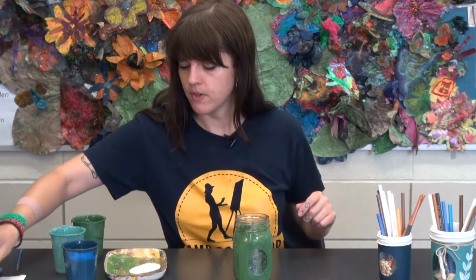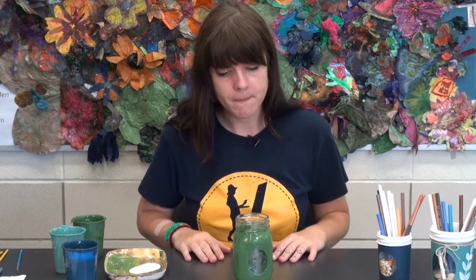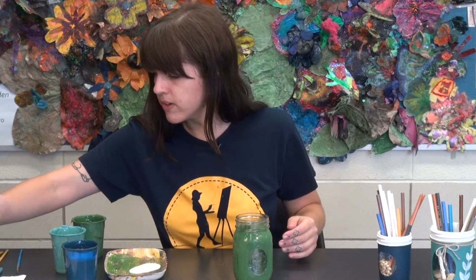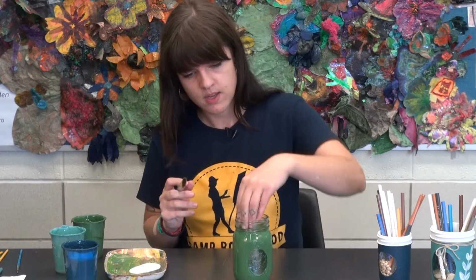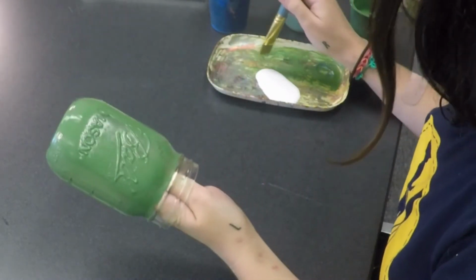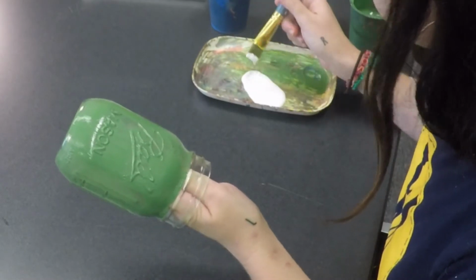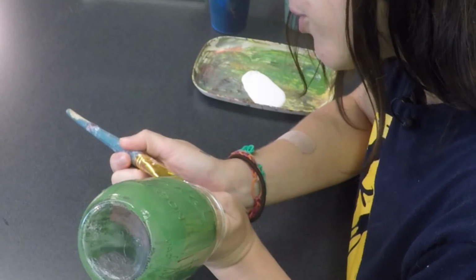So the next part for this is going to be my pop of color for the upper rim. I guess since I have white for all of mine, I'm just going to stick with that. So I have a little bit of a theme going. And again, I'm going to be sticking my hand inside of it because I can't grab my jar now from any side. And I just have a plain white acrylic paint here. And this one you just have to be